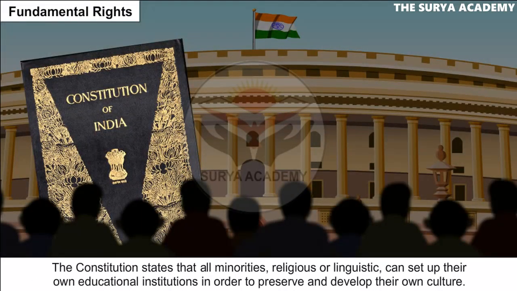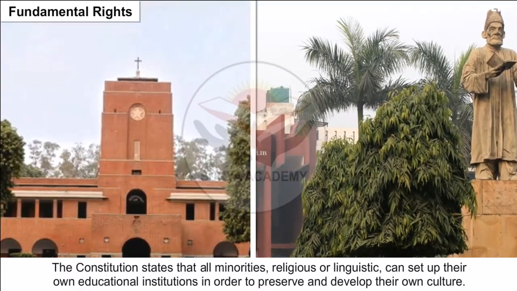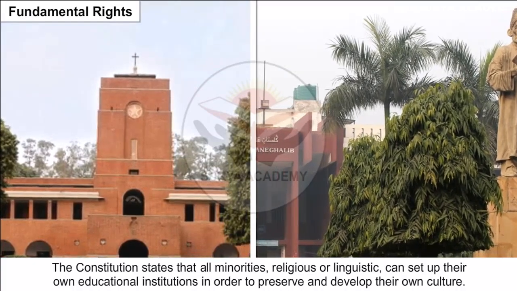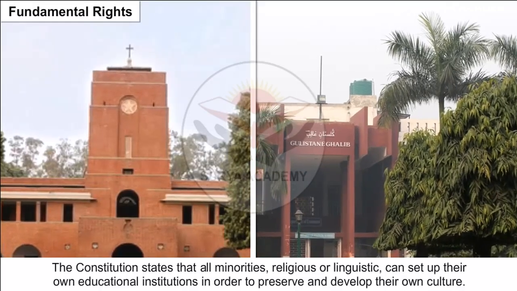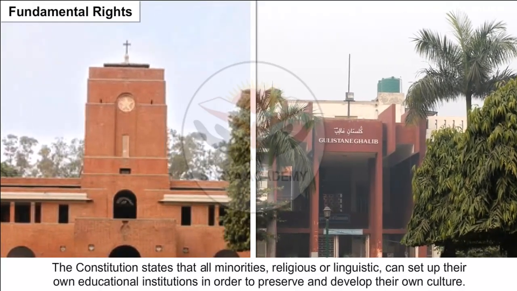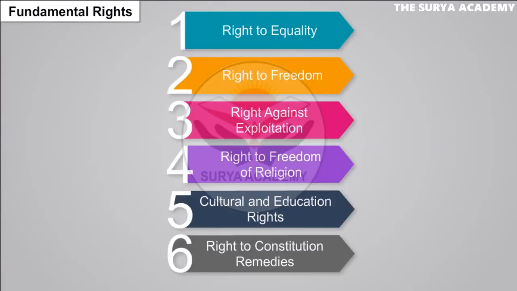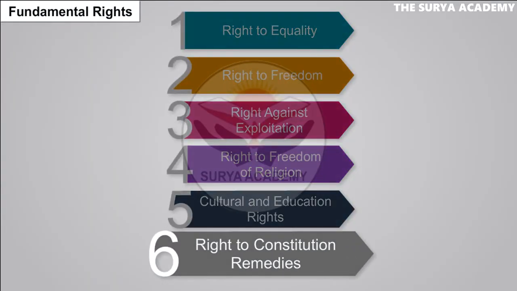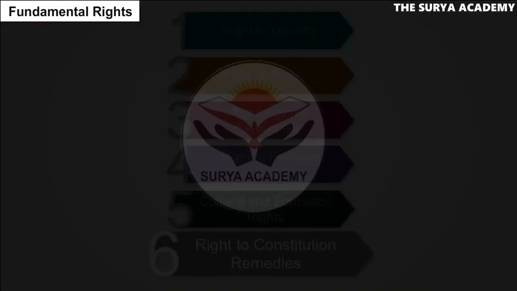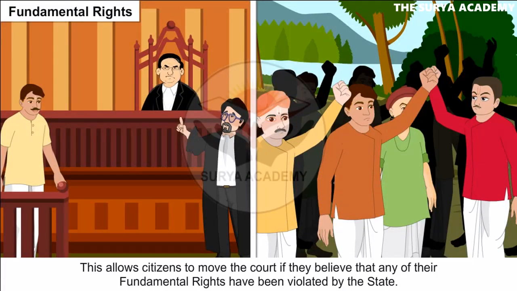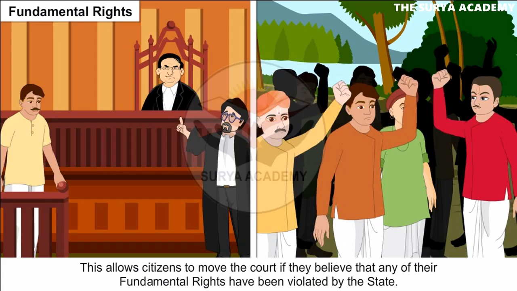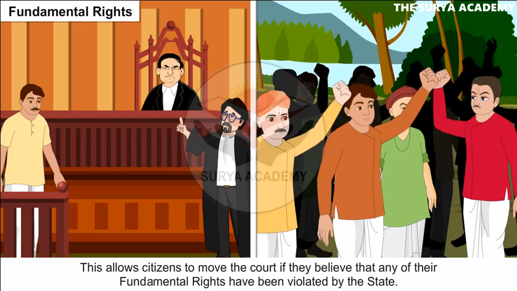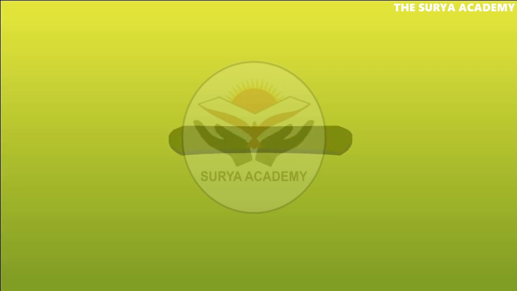The Constitution states that all minorities, religious or linguistic, can set up their own educational institutions in order to preserve and develop their own culture. 6. Right to constitutional remedies. This allows citizens to move the court if they believe that any of their fundamental rights have been violated by